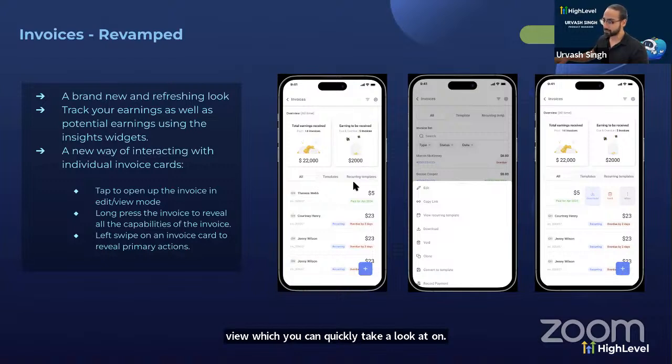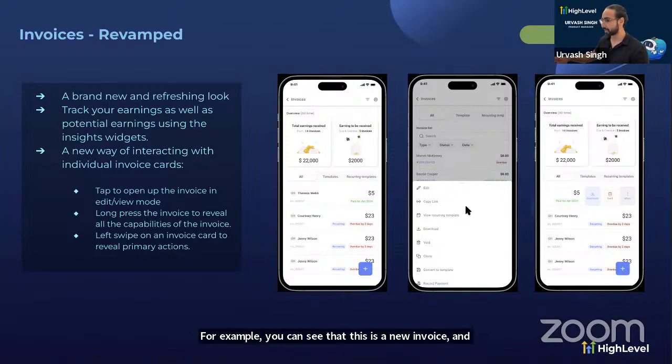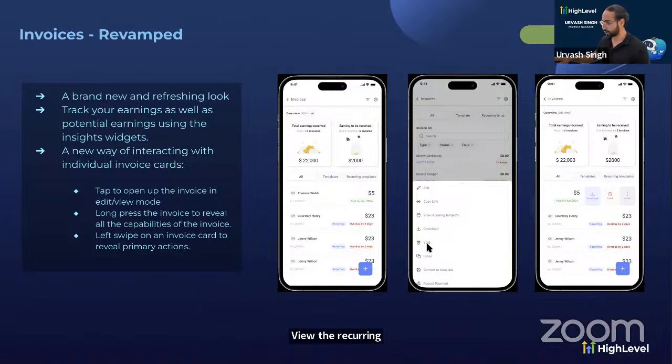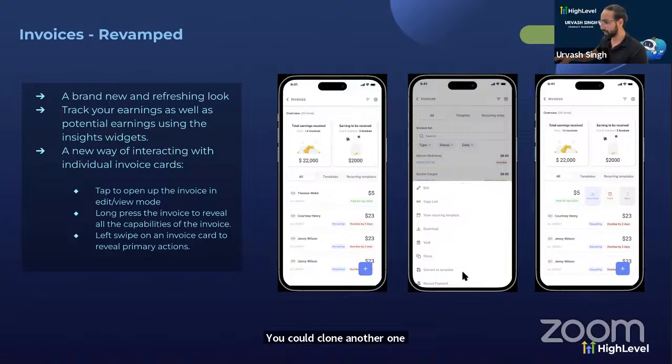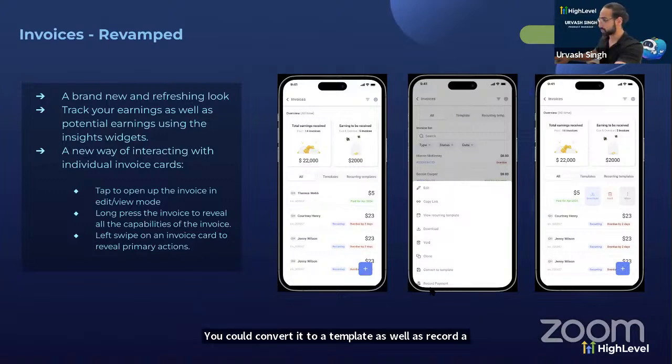There are two other actions. So one would be your long press, which would reveal every single option valid for that invoice. So for example, you can see that this is a due invoice and you could either edit the invoice, copy a link and share it with the relevant contact. View the recurring template since this was a recurring invoice. You could download the invoice, you could void the invoice if it's no longer necessary. You could clone another one so that you could send it out to a different contact. You could convert it to a template as well as record a payment, which I believe is the most important